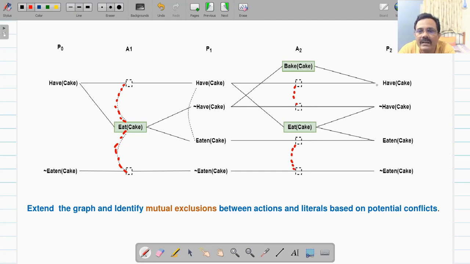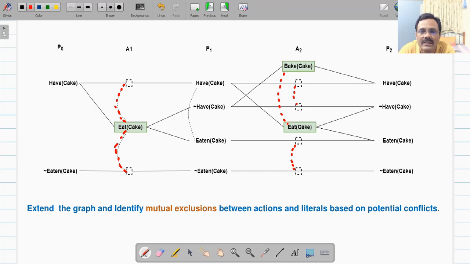Check out bake cake, with effect have cake, and eat cake, with effect not have cake. These two actions also have a mutex relationship between them. Either of these has to be executed, because if you execute bake cake, the effect is have cake, and if at the same time you try to execute eat cake, the effect is not have cake. So one action is negating the effect of another action.